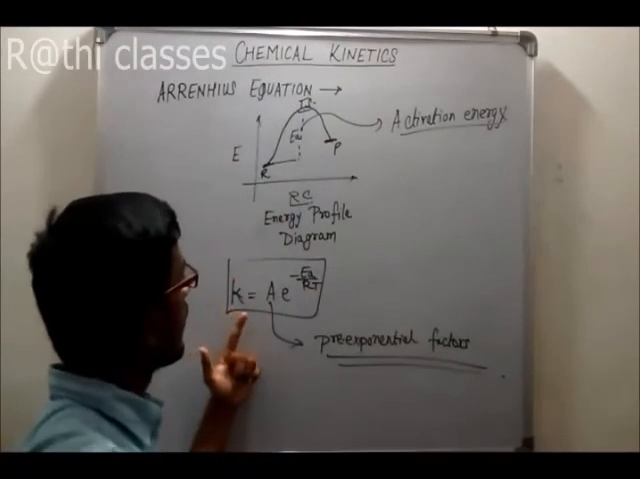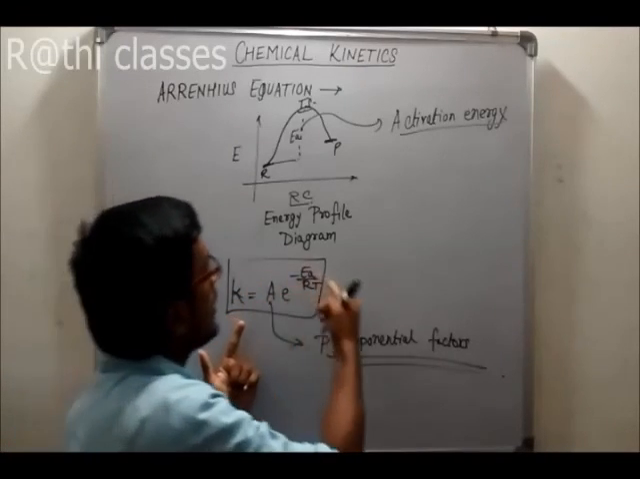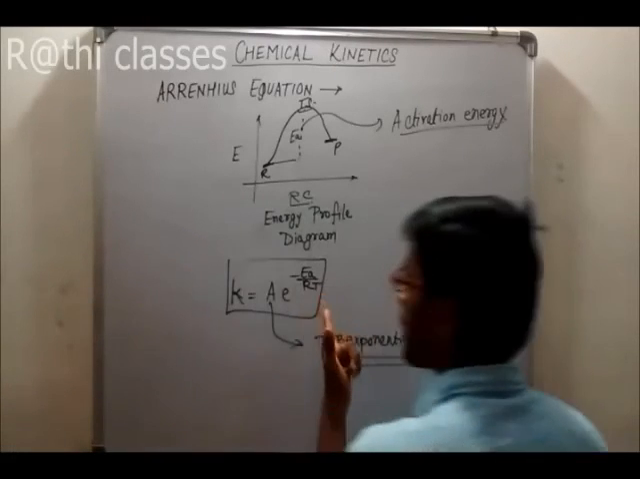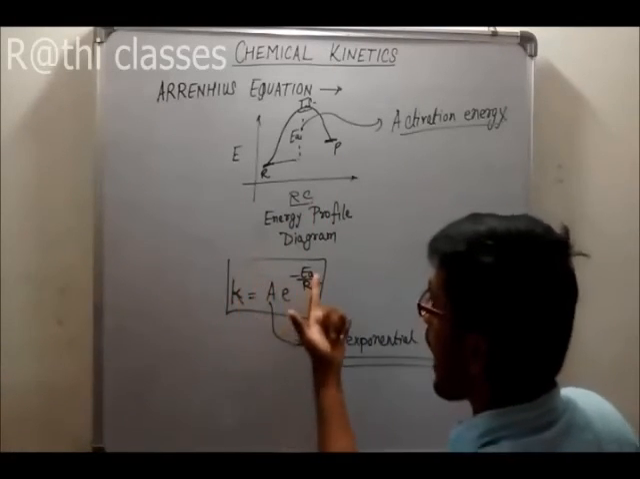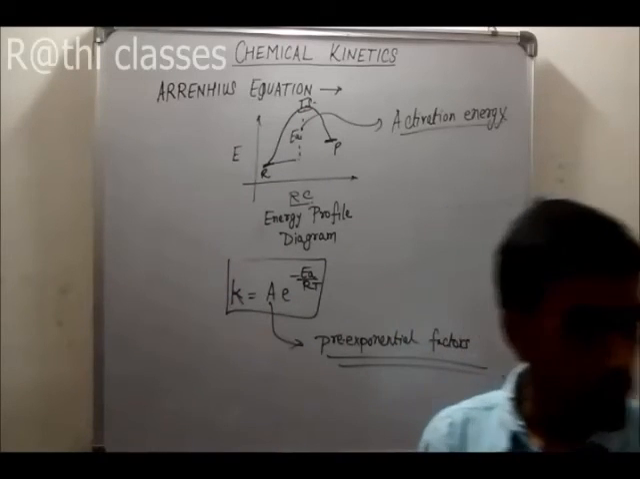This K is the rate constant, which is a quantity dependent on temperature. With this equation, it is dependent on temperature. As temperature changes, K changes. As T increases, K also increases. Right? Now,